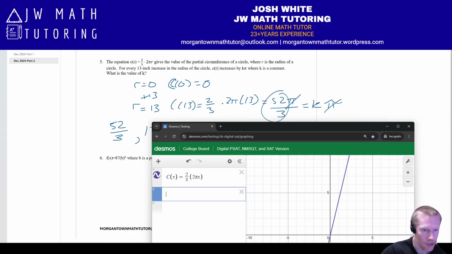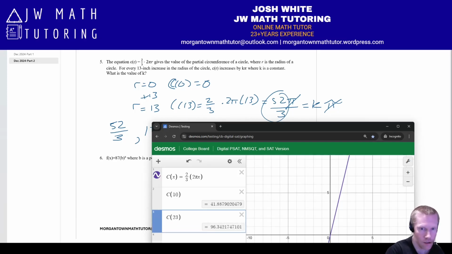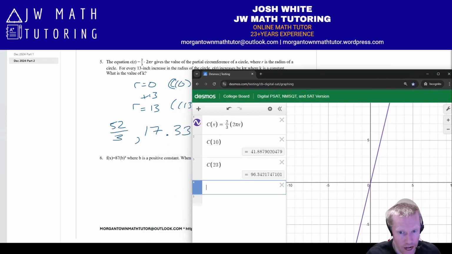Okay, so now I'm just going to use 10 and 23. All right, so I start with 10 and I get this partial circumference value. Then I go to 23. I get a partial circumference value. Now I subtract these two,